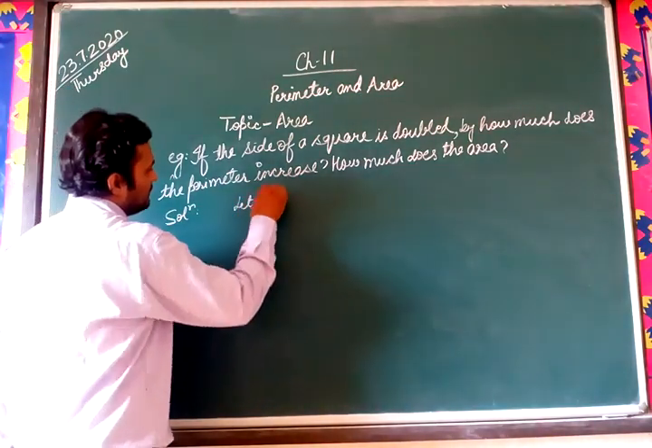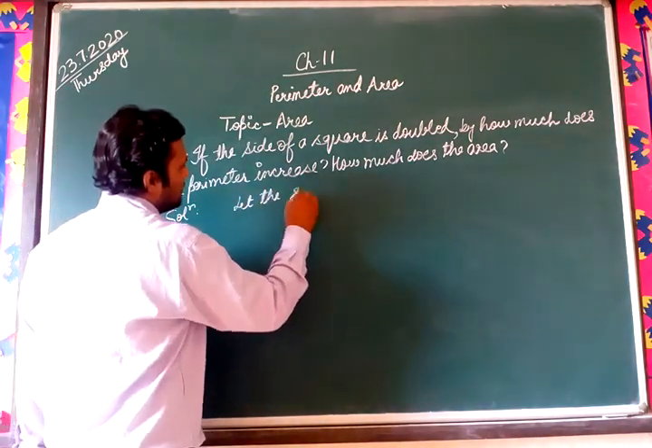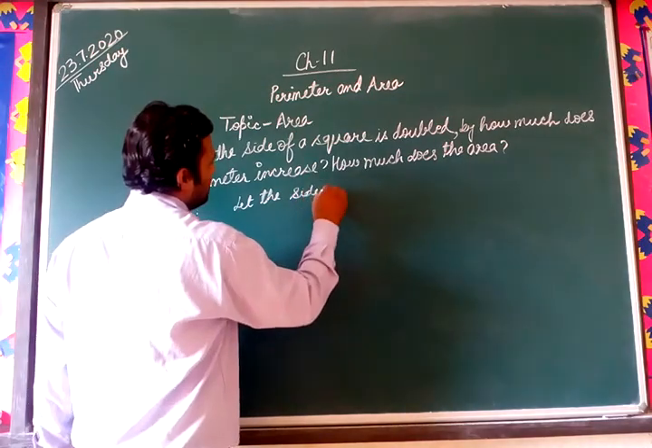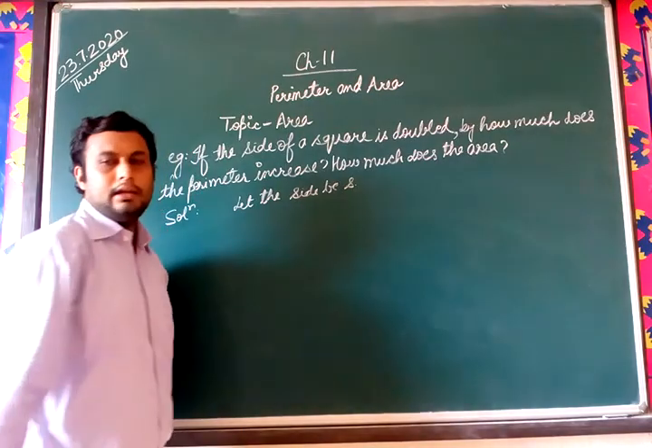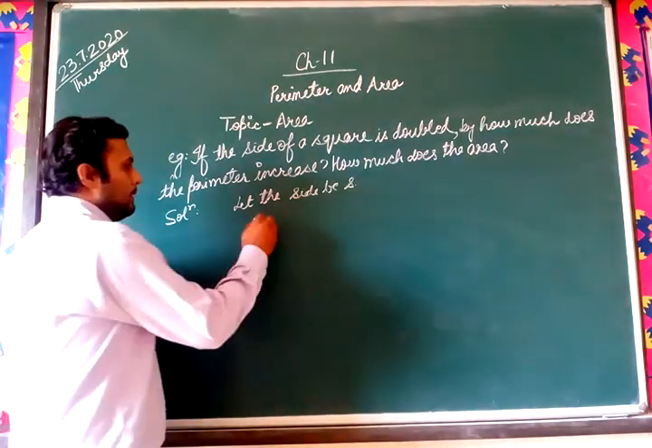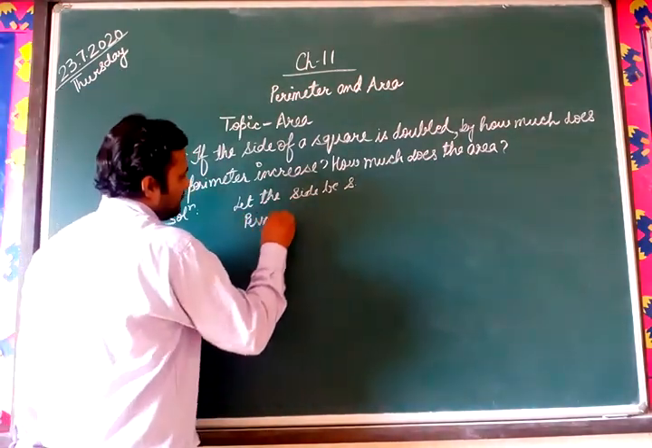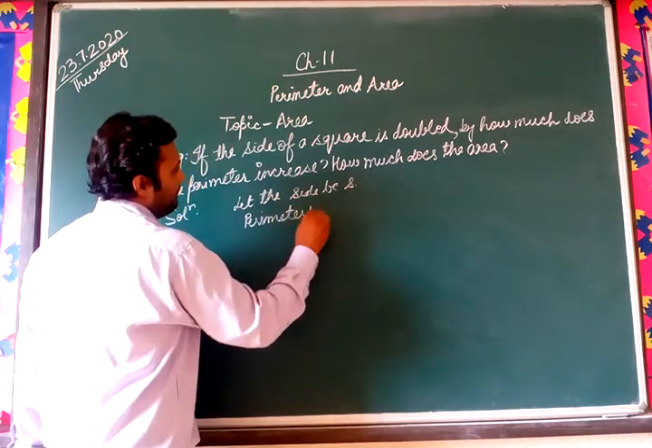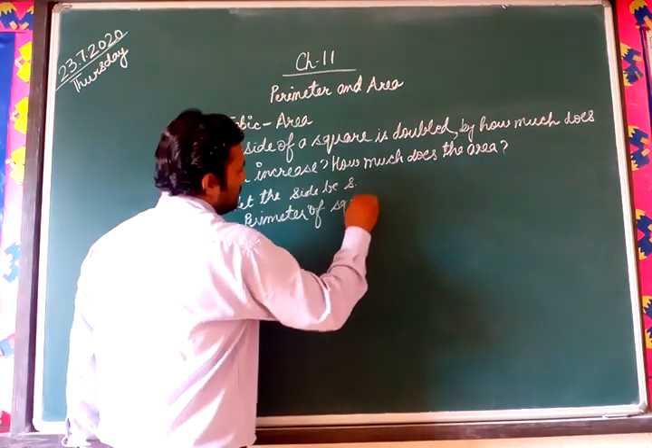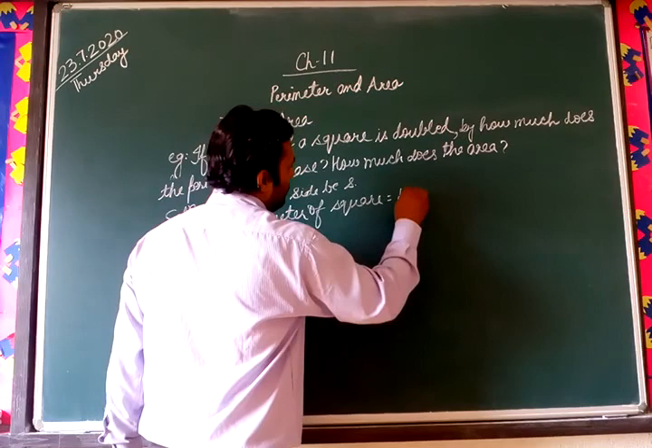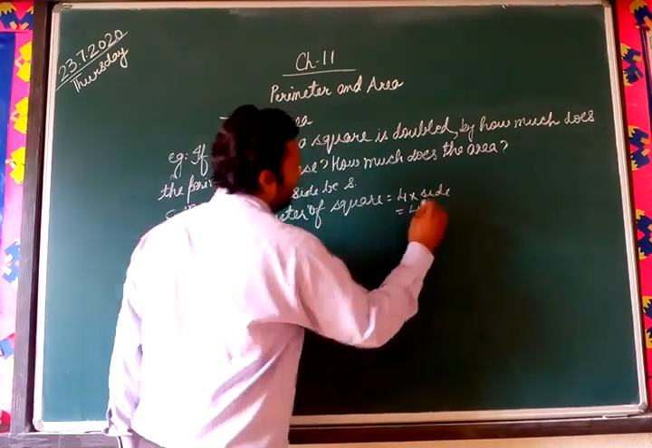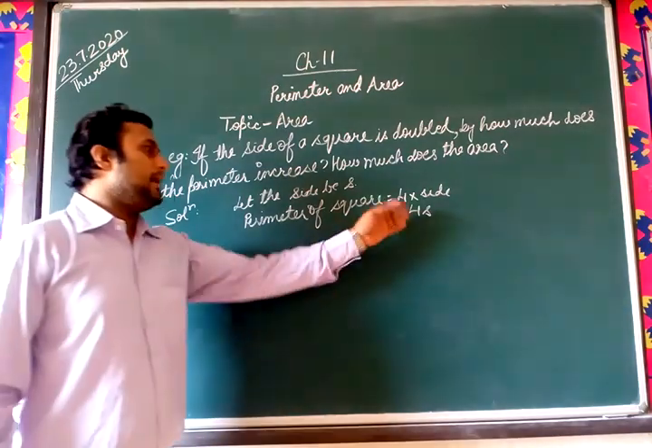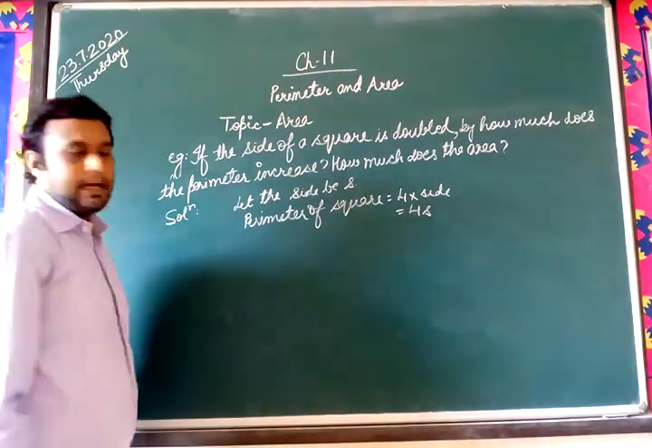Let the side of a square be S. Now the perimeter of a square is 4 multiplied by the side, so it will be 4S. This is the perimeter. Now if the side is doubled,